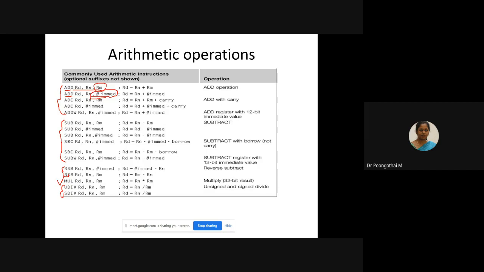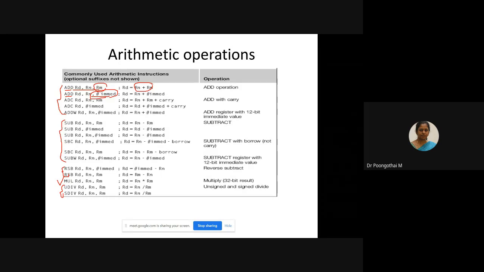Remember that addition is commutative, which means we don't have to worry about the order of operands. We can add Rn plus Rm or Rm plus Rn, so there is no need of following the correct order. Either we can add the second operand with the third, or the third operand with the second one.